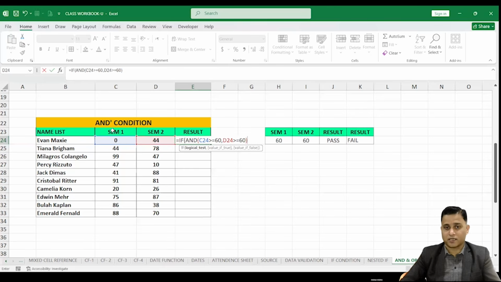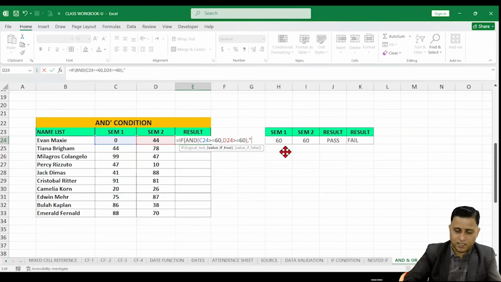But if it is still running, AND is complete but still if is running. So after that put the comma and now go back to your simple if condition. So simple if condition, if this value, now it will treat the whole AND as one single entity, not as multiple entities. So you can just select this AND, close the bracket, and it will be one single entry. If it is there, then I want to display pass, else I want to display fail,